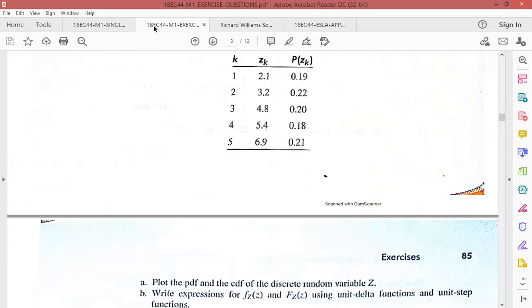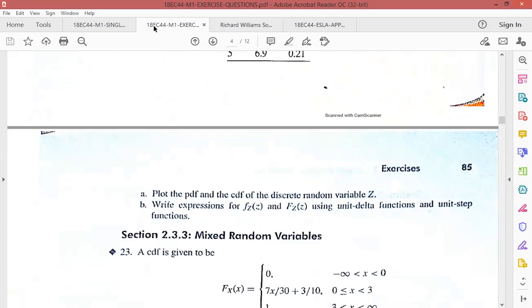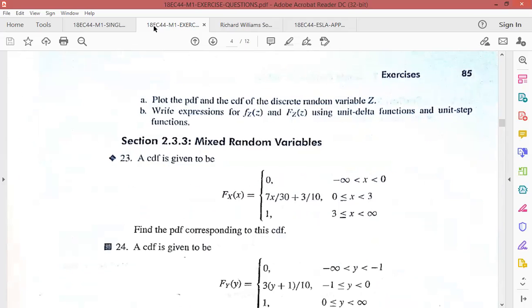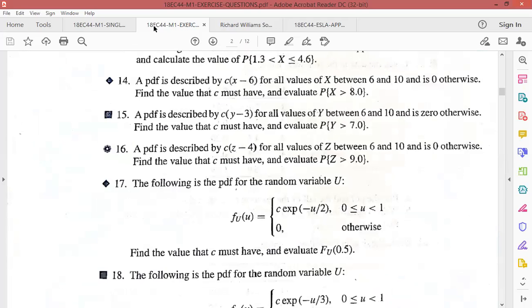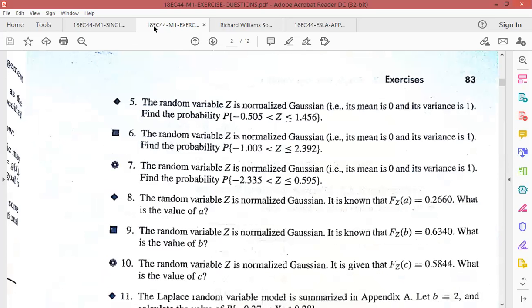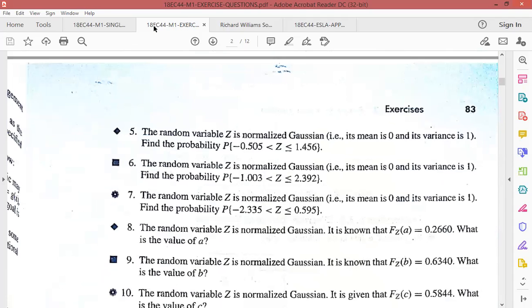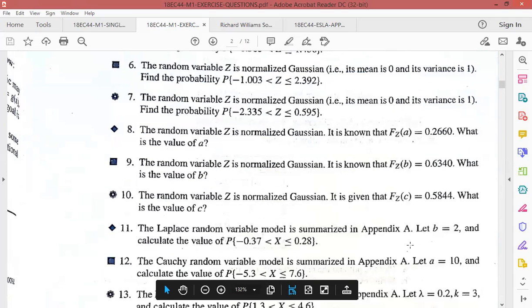All of you must have the calculator and the table with you, because to solve Laplace and Cauchy problems we will need the table, not appendix D. Some other appendix tables are needed. All of you have that. If you have the Xerox, that would be better. Problems 7, 8, 9, 10 are an assignment, and Laplace Cauchy random variable we will take up in tomorrow's class.